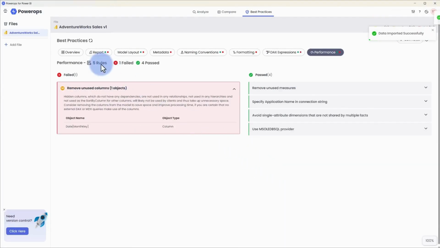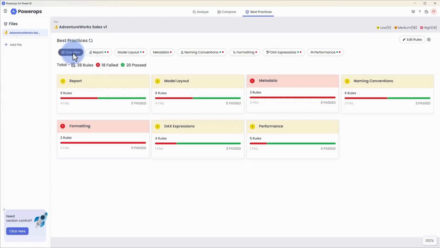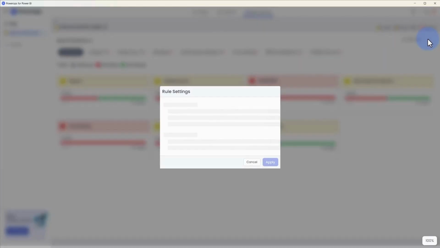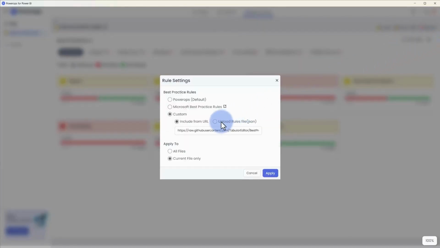Notice that the number of rules has changed, and on the overview, we've gone from a much higher set of rules to a standard core set of rules that was used from that URL, which is now being fed into Powerops. Additionally, if we come back up to this, as well as including a URL, we can upload a